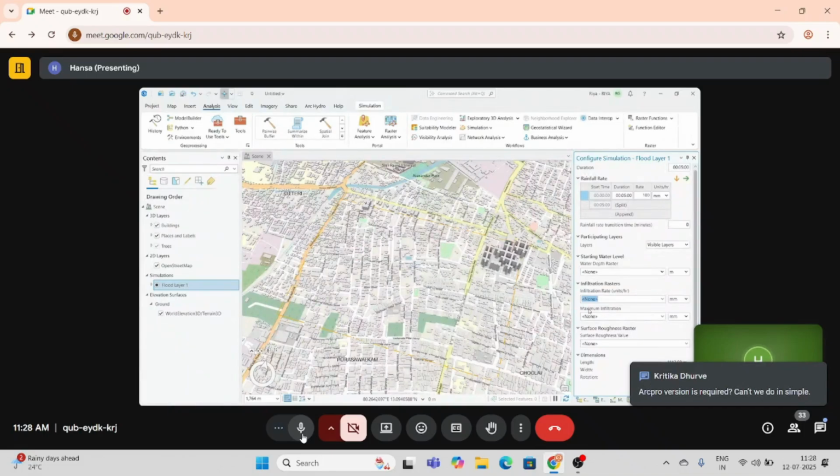ArcGIS version is, no, this simulation can only be done in higher versions. The latest versions of ArcGIS. This is not possible with the previous versions. I think above 3.2 you need to do the simulation. Like this simulation, if you want to do, you need 3.2 or higher versions of ArcGIS